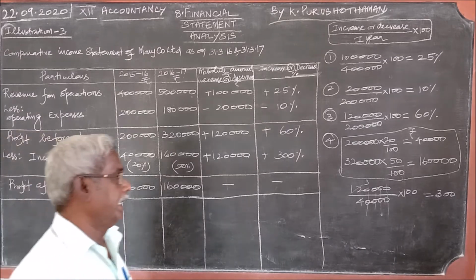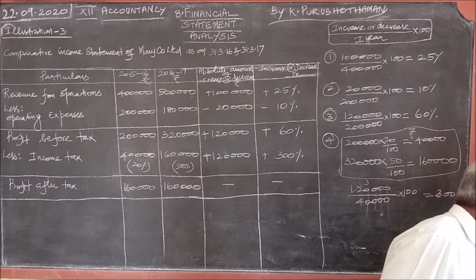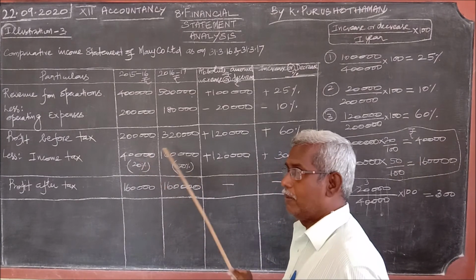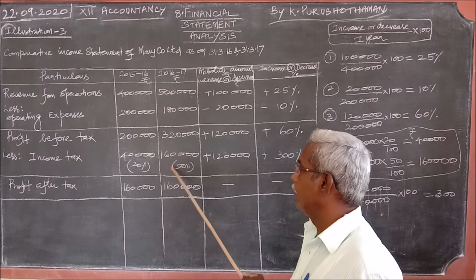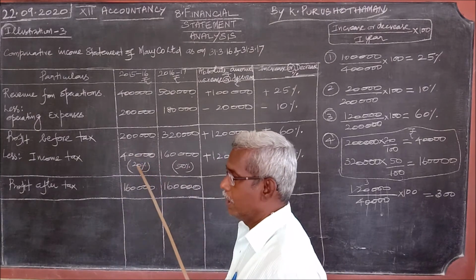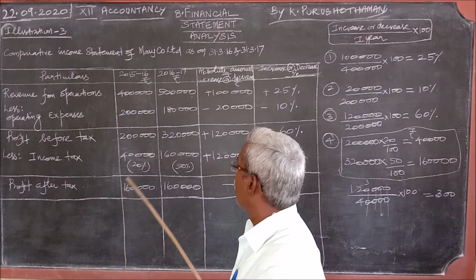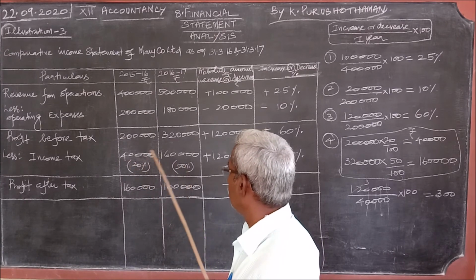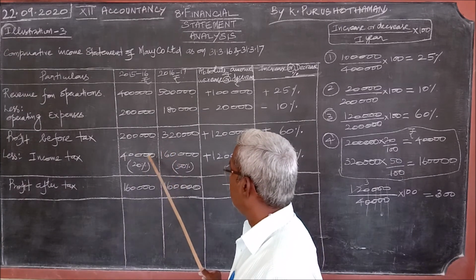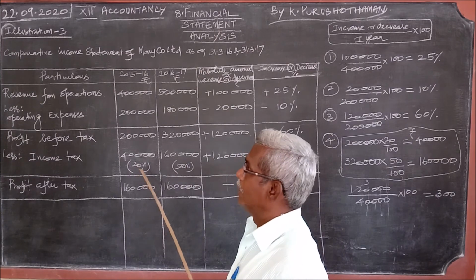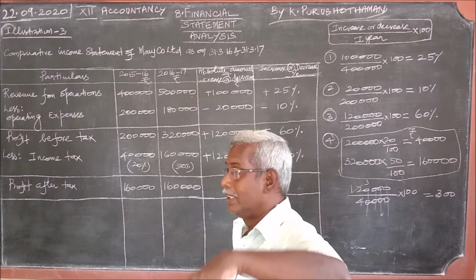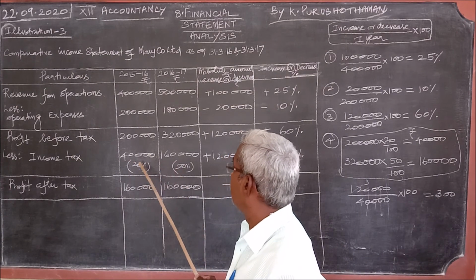And why I have selected this, I told you already. In this problem only, the income tax percentage is different. In almost all the problems, the same percentage of income tax is given. Yesterday also, I took these two because I wanted to do it, but in the given problem it was 30% for both, so I corrected it. But I have chosen this problem with different percentages of income tax. You must be very careful. Don't think the same percentage of income tax will be given in all problems. Sometimes a different percentage may be given.